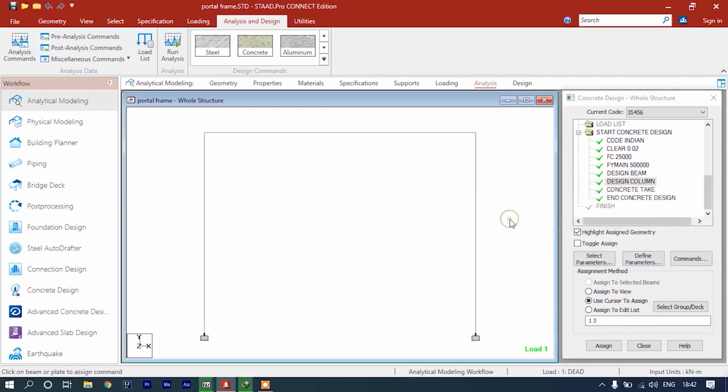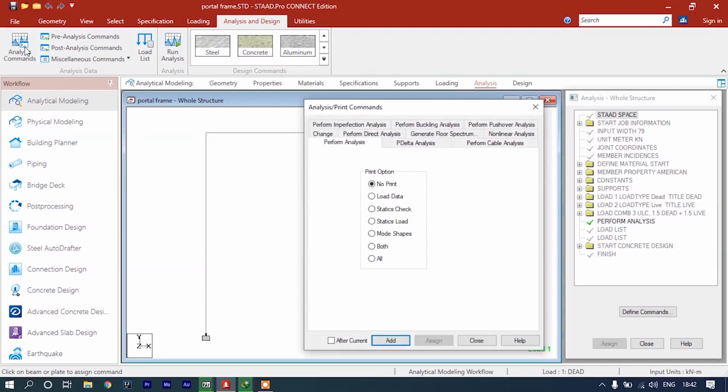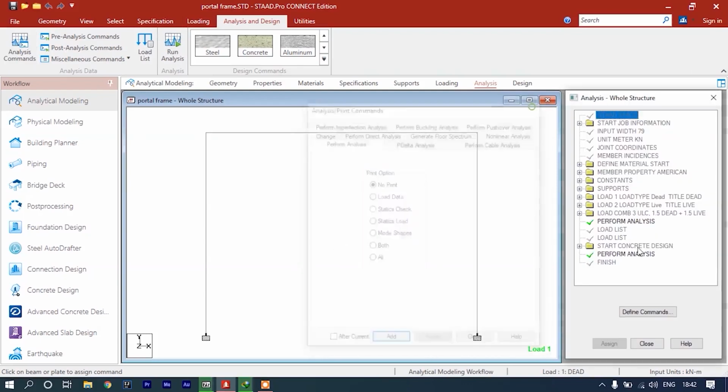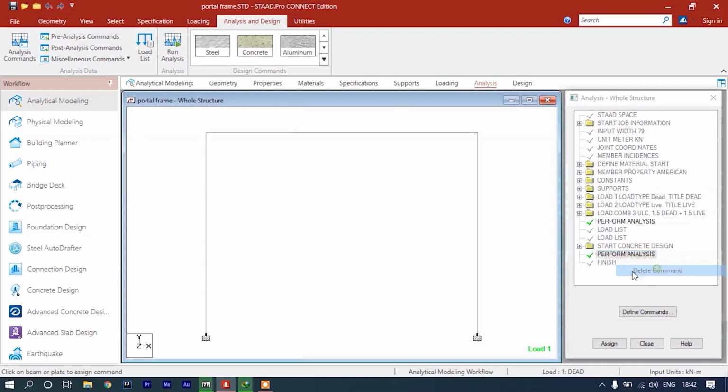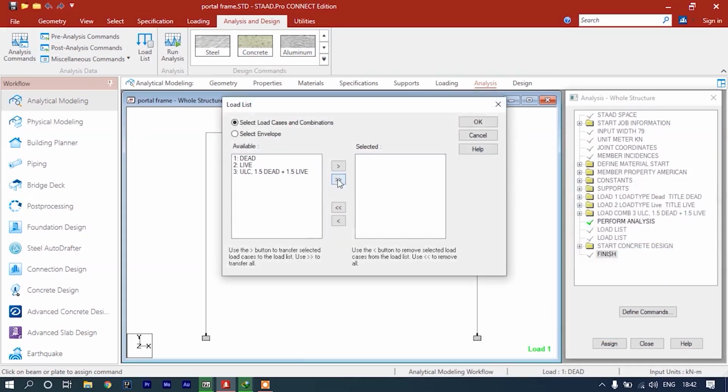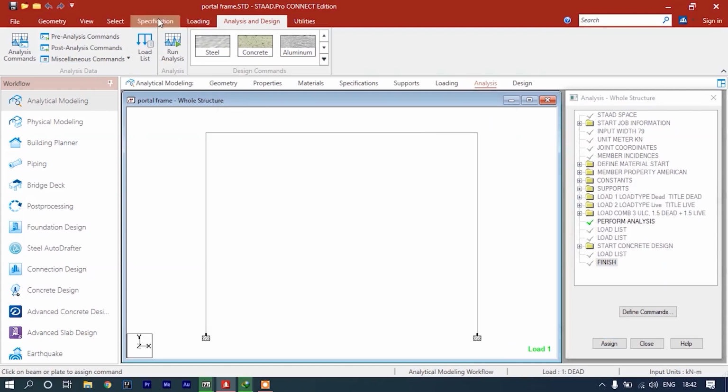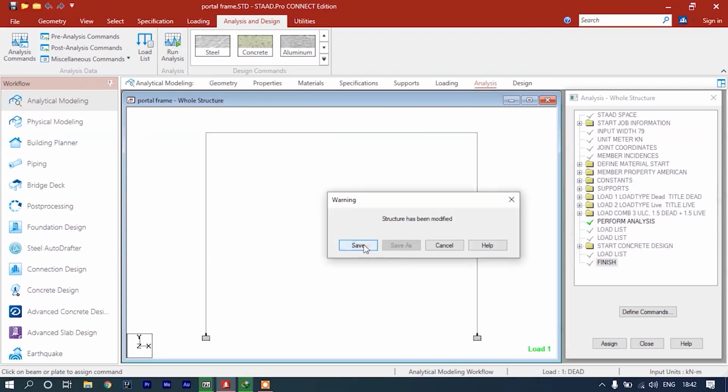Now we have assigned properties and we have defined the parameters according to the IS code. Now we can run the analysis. Go to the analyze command, go to load list, select all the available loads, click on OK, go to run analysis.